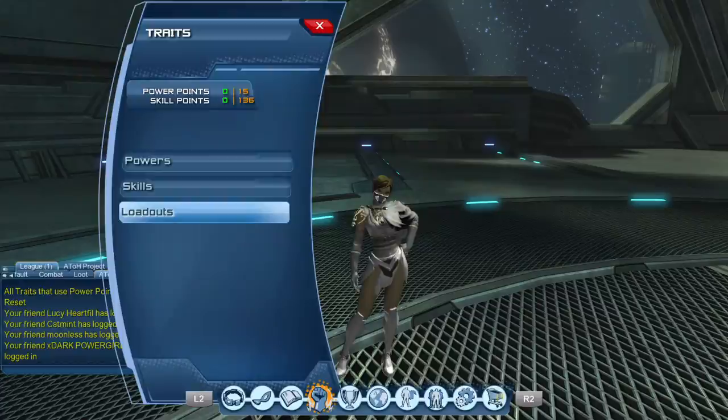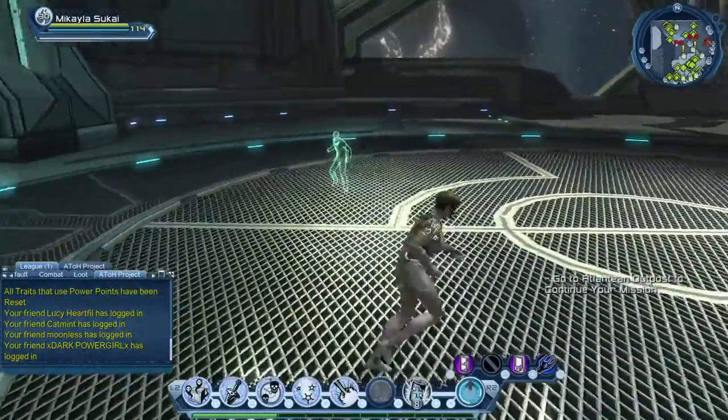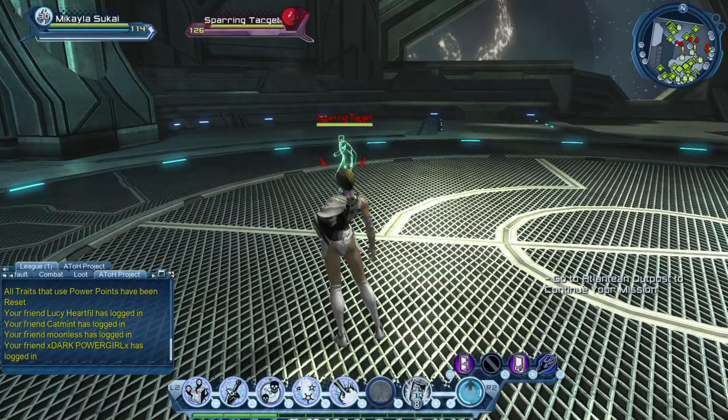So we're going to go ahead and test out these powers right now. We're going to go ahead and test out this loadout. So what you're going to do is you're going to go to 1, 3. What we're going to do is the rotation is going to be,